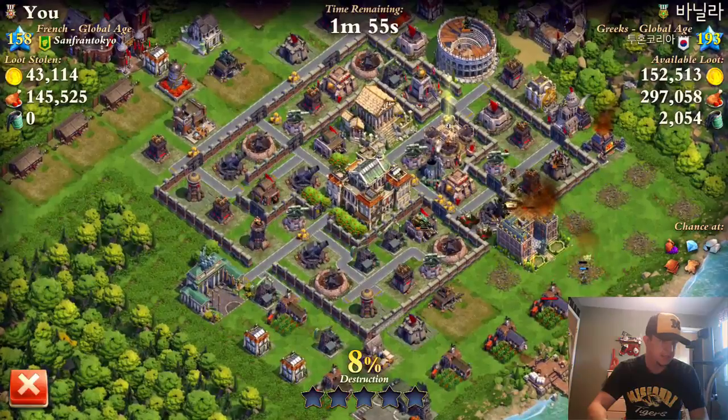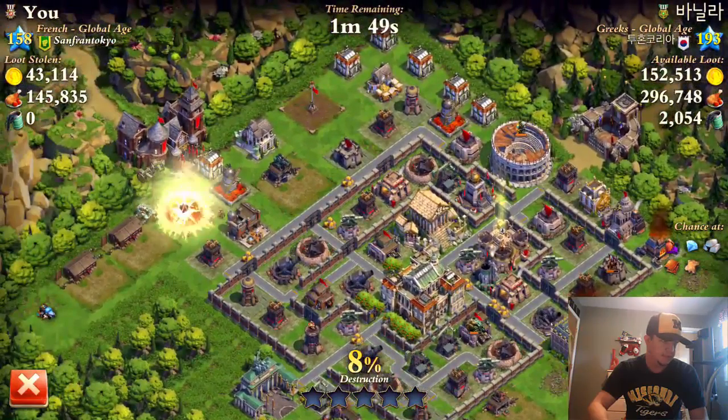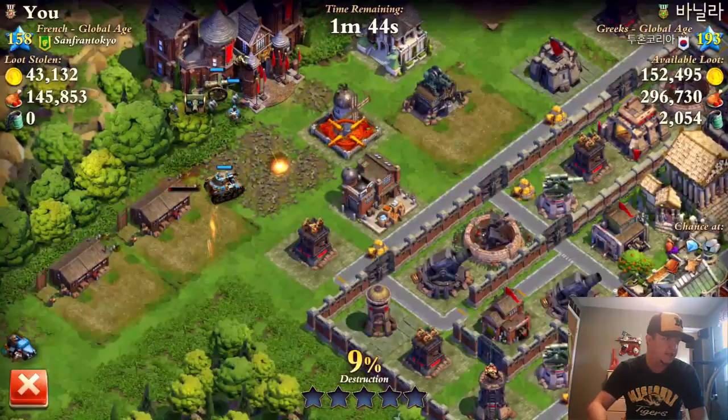About to get splashed. There goes that guy. And okay, then we move in over here. Drop a tank first to attract fire. At least that was the idea. And then